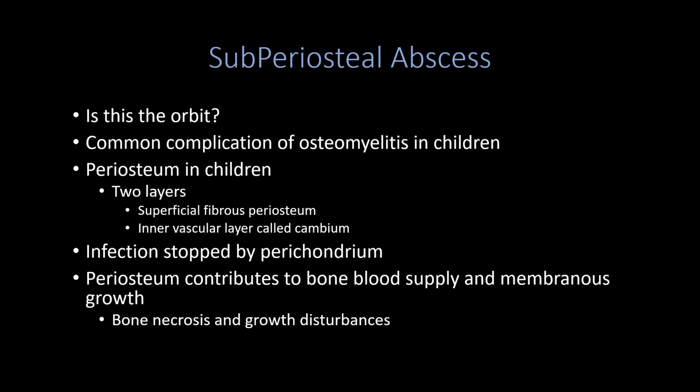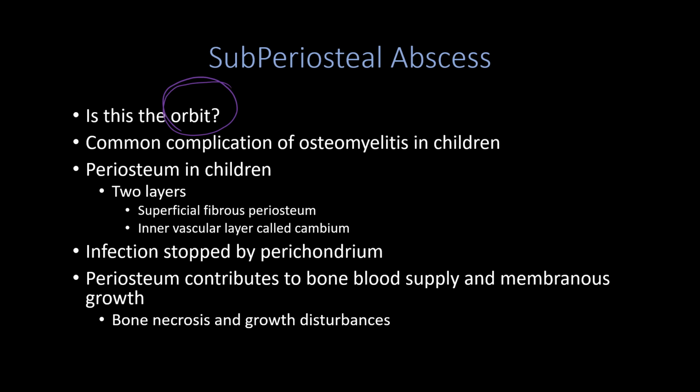So supraosteal abscess, you're going to hear this a lot in the orbit. That's usually where it's very common, associated to sinusitis. But in the children, it can happen in the extremities, and it's very common with osteomyelitis. Kind of a common complication, and you can see it in ultrasound. That's why sometimes it comes in the test, because you see this ultrasound image of a supraosteal abscess and you're thinking, well, you can't see anything in the bone on ultrasound, but you can see a supraosteal abscess because the fibrous layer of the periosteum is so thin that the ultrasound waves can cross it,